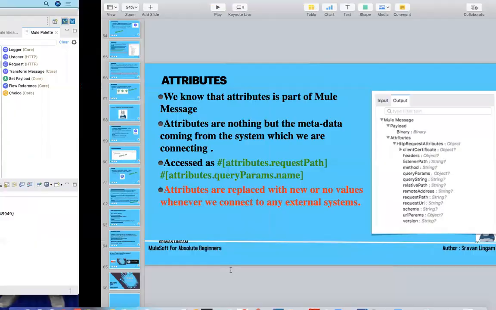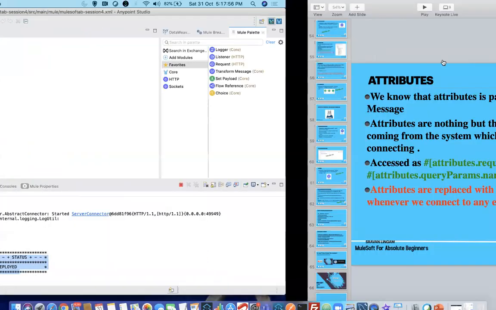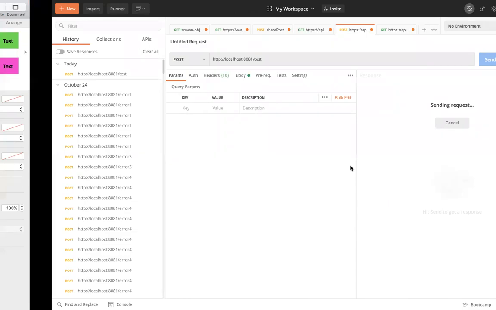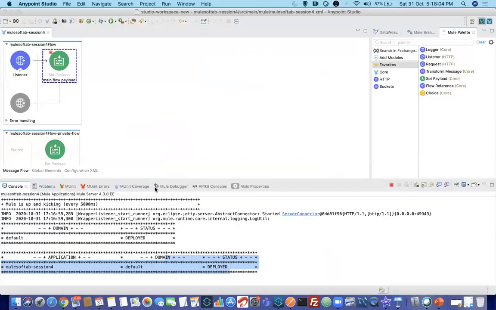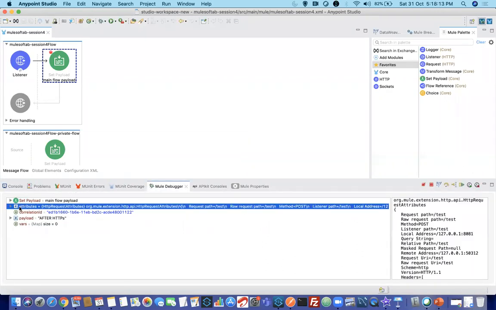My application is now deployed. Now I am in run mode. So when I click on send, okay, I'm in debug mode. Thank God. You can see my request is coming over here. You can also see there is something called attributes over here, guys. In your debug mode you can see that; in run mode you cannot. When you expand this attribute, okay.